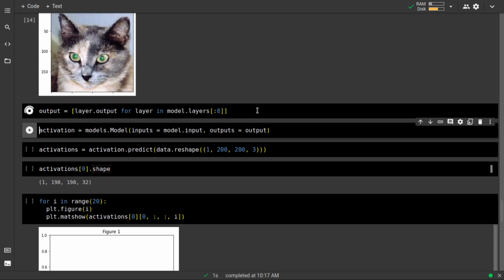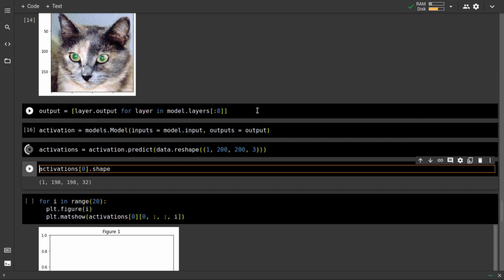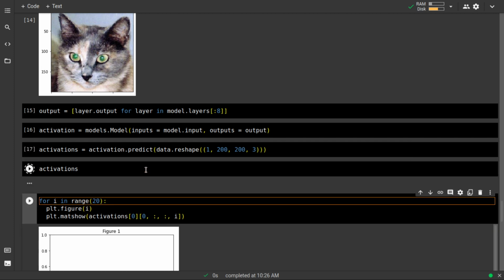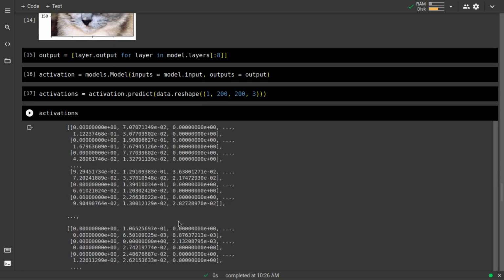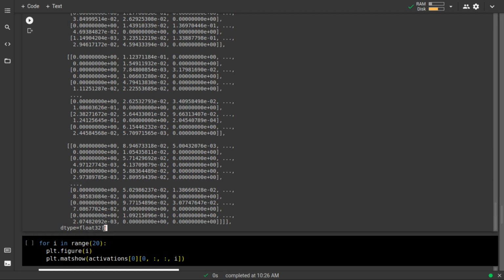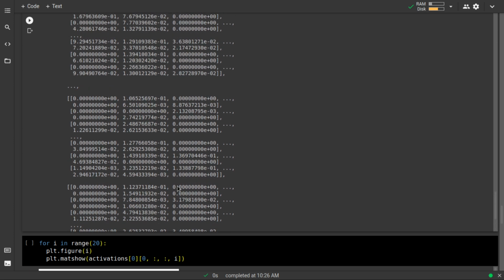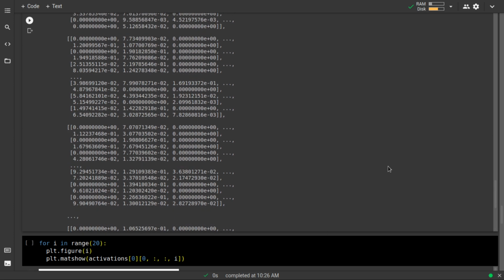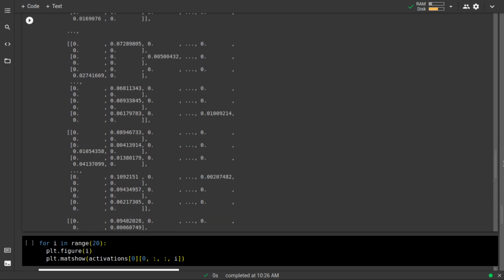Let's run this one, run this one, run this one. And then if you try to print what's inside this, you will get this strange output, which you will not understand as of now because it is a lot of data. Right, so what we are actually going to do is print one by one.